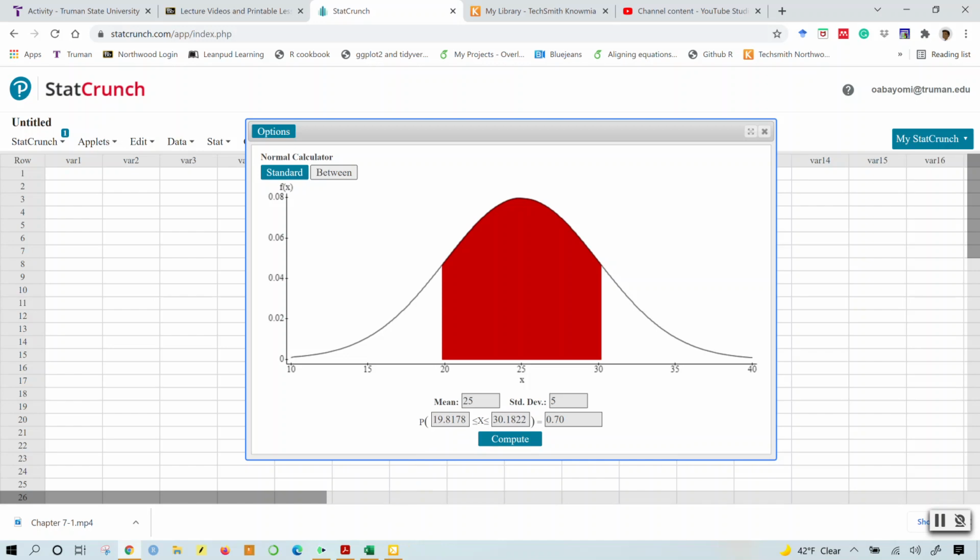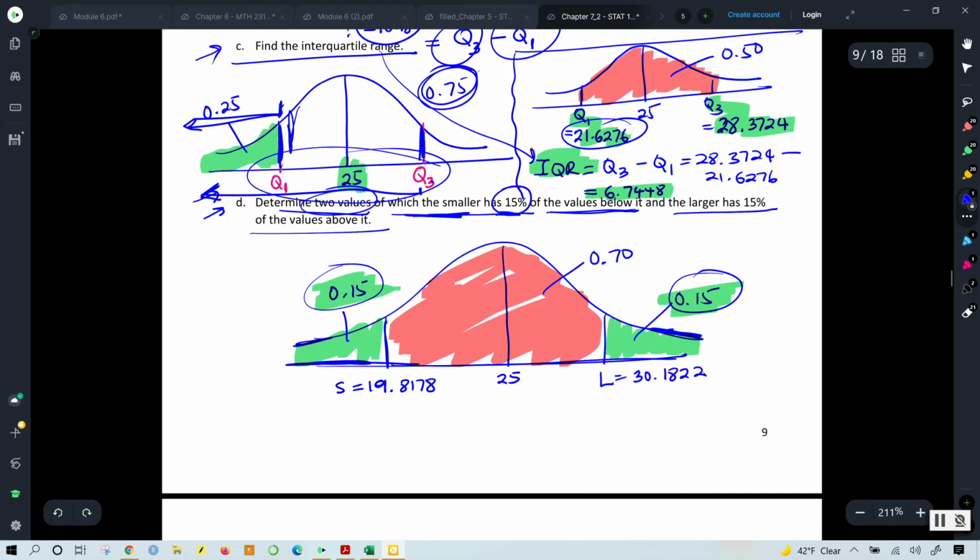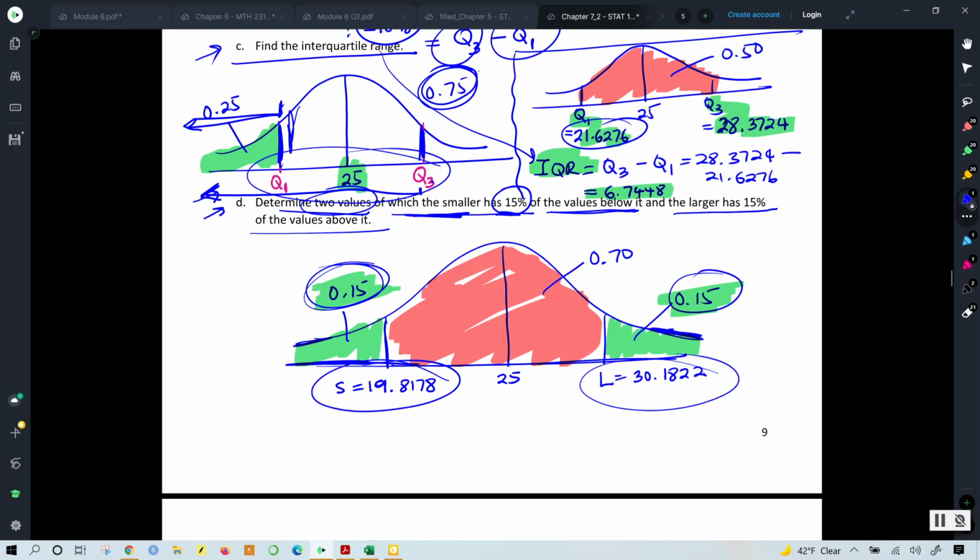Let's carry it over. So here on your screen, I have the smaller value, which is 19.8178. The probability that x is less than 19.8178 is 0.15 approximately, and the probability that x is greater than 30.1822 is 0.15,